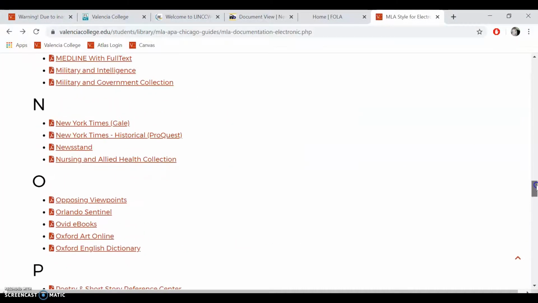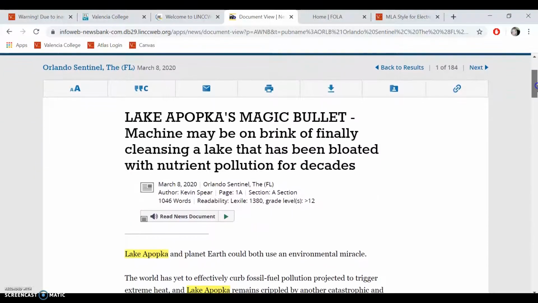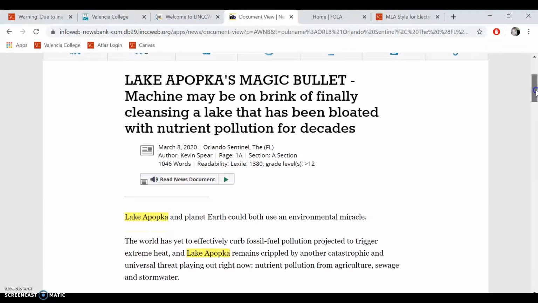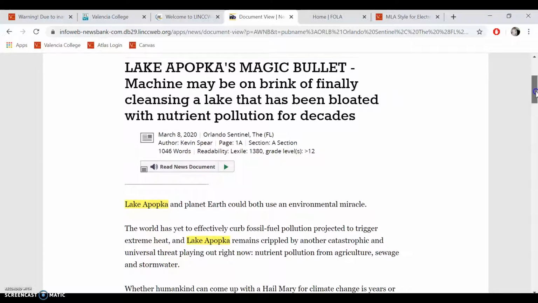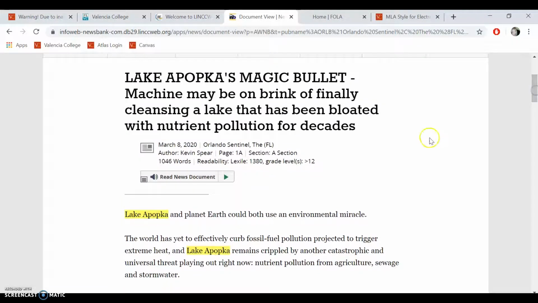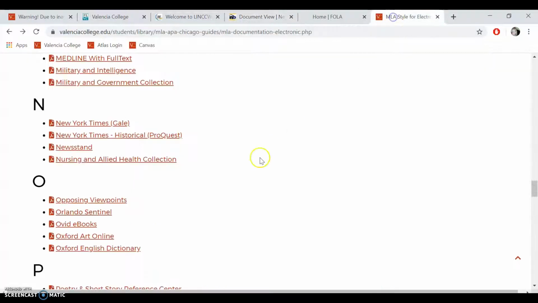Every database has very different formats, so depending on which one you use will determine which kind of format. For this one, I have Lake Apopka's Magic Bullet, a machine they're going to use to treat the lake to remove some pollutants, which is fabulous. It's been broken for quite some time, and it was really helping with clearing up the lake from pollution and fertilizers. So what I'm doing here is I'm using Orlando Sentinel, so I'm going to go to Orlando Sentinel